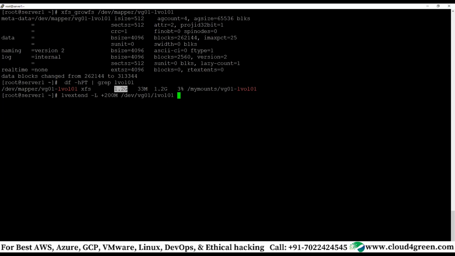Imagine that, because as I told you, the logical extent is not a direct map. It could map to any other disk. So the fragmentation of the data is not known. It is not contiguous.